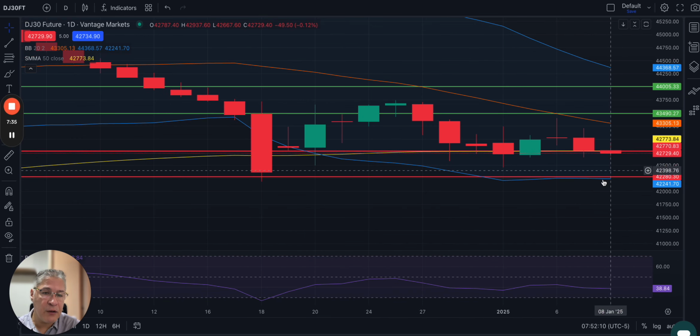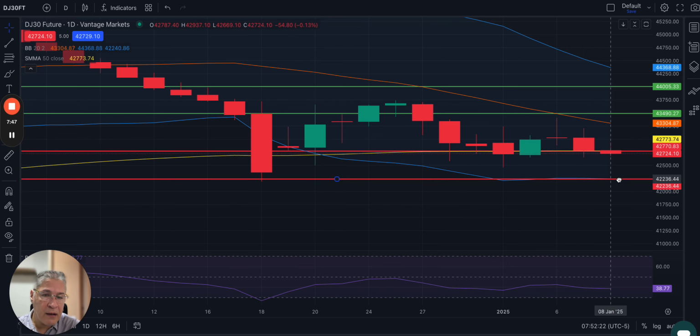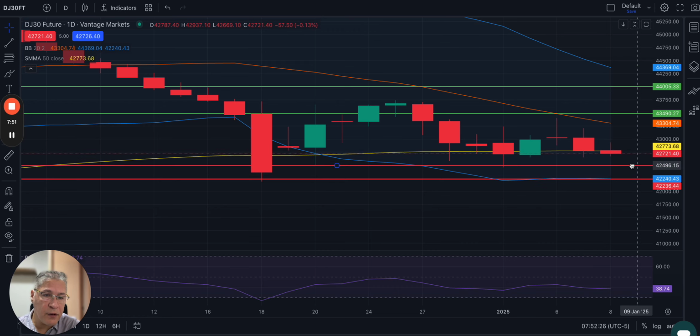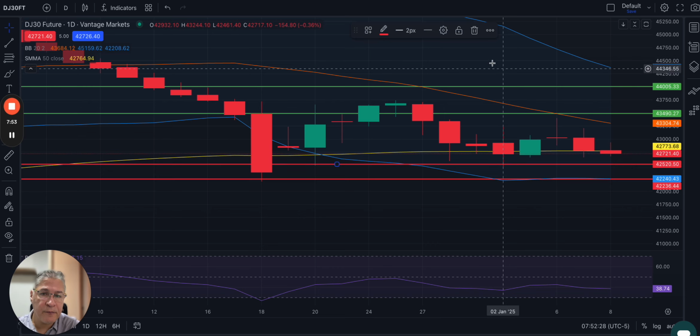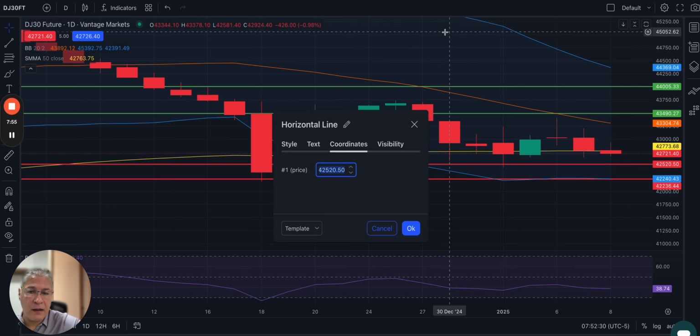Here we have the Dow Jones. So the Dow Jones is also moving lower. The 50-day moving average is being violated right now. We're trading below it. The lower band we can use as a probable level of support, and then 42,500